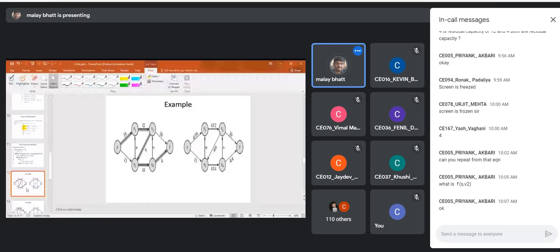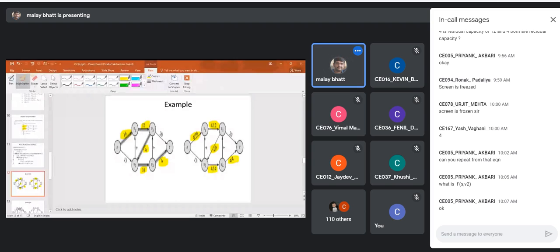Now we are solving this example completely. This is our augmentation path. I can select any: 16, 12, 9, 14, and 4. So what is the impact in the flow network? We are getting the flow value as 4. Clear?